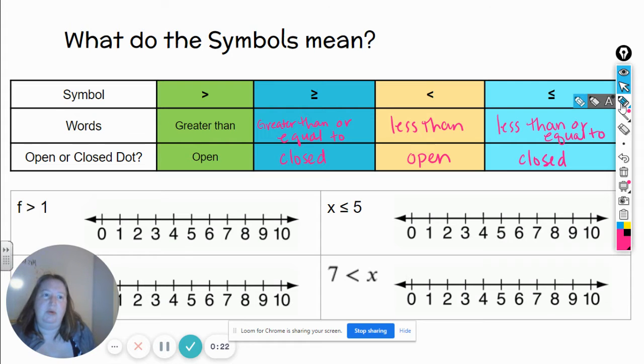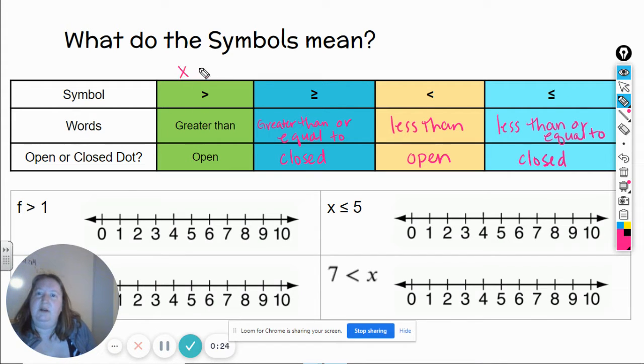So for example, if I had a variable here and then a number, I would say that x is greater than 8. So then think to yourself, what is a number that's greater than 8? That's what x could be. So it could be 9, could be 10, could be 272. Okay. Now, this is